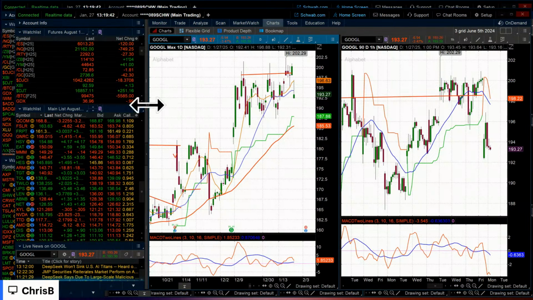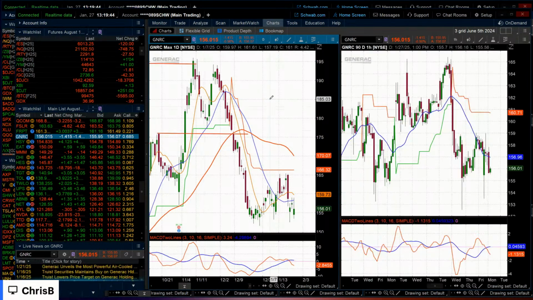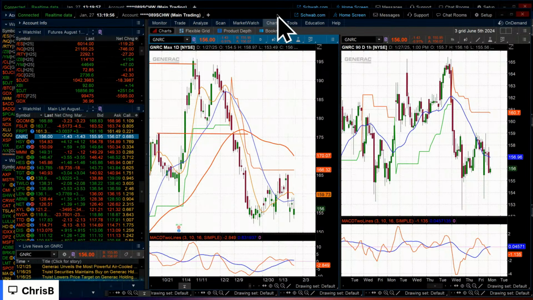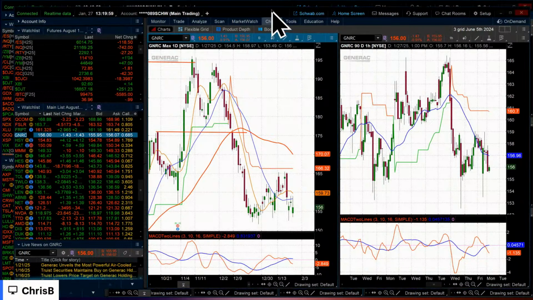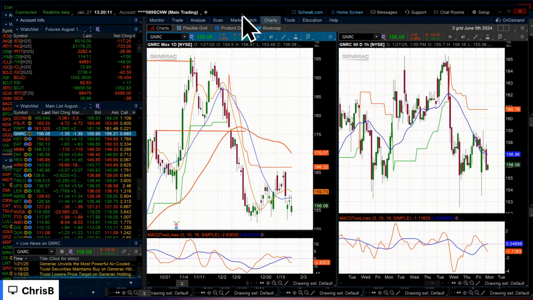So if I see, let's say, GNRC, and I see it reclaim something, but the whole market looks like it's cracking, then I'm not going to trust that it gets over the 20. You got to look at the broad market first, overall market criteria. And if the whole market looks bad, I'm not going to chase something to the upside. And I'm certainly not going to buy it on the way down. So every day the conditions change. That's why chart patterns mastery is so valuable, in my opinion.